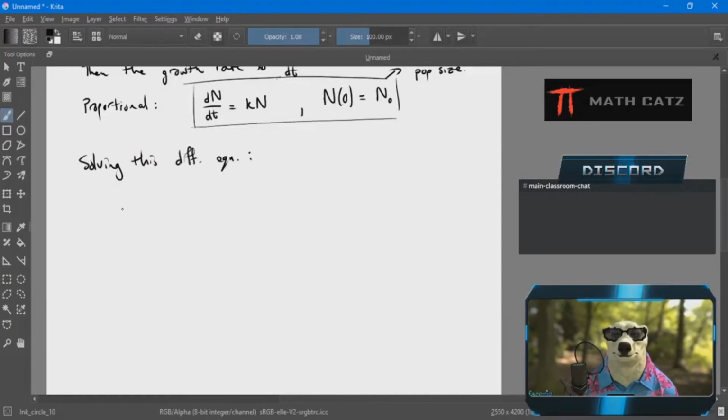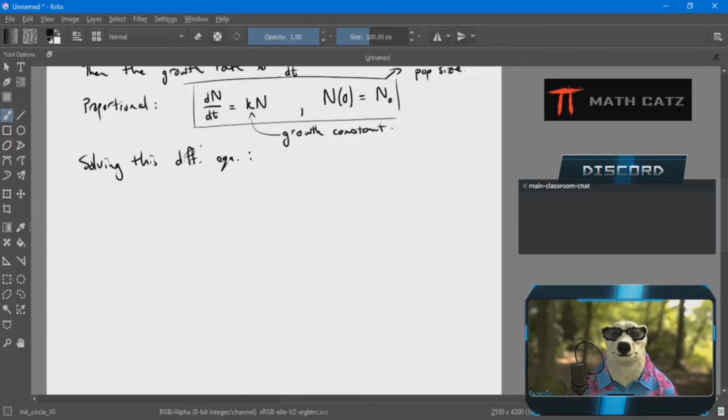So it's going to always be the same. My function is now N, and my independent variable is t. Remember, k is a constant. It's called the growth constant. And it'll change in value from one situation to the next. The growth constant for bacteria won't be the same as the growth constant for people, and so on and so on. So I'm going to separate my variables